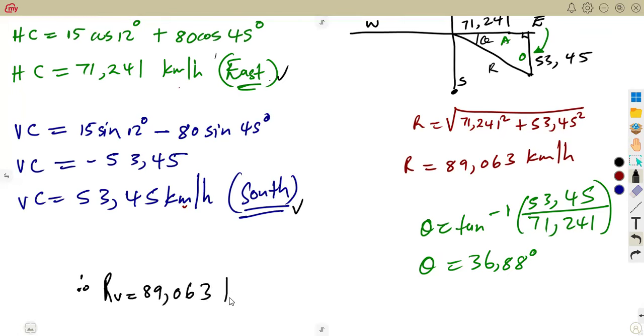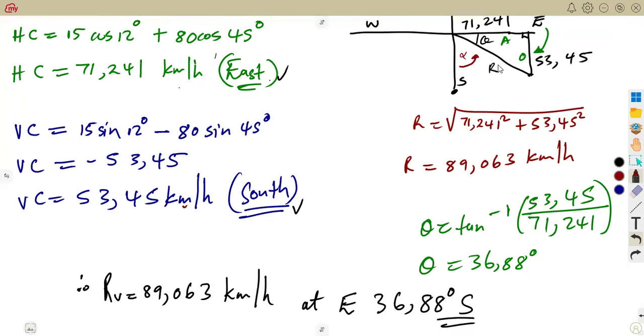89.063 kilometers per hour at what? The theta, the angle, that is east to what? East to south, as we move from this east line going this way. We are going where? To the south. So that's east 36.88 degrees to the south. Or we can move from the south going to the east, but you can call that one